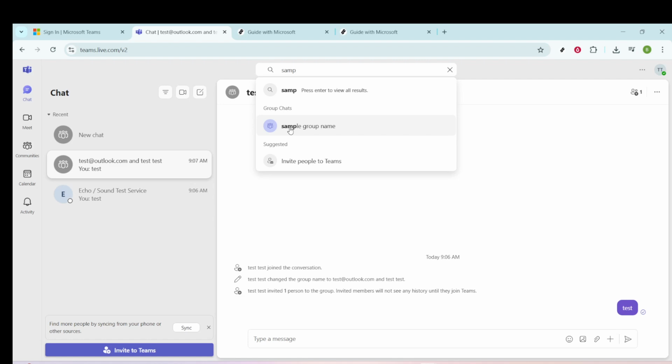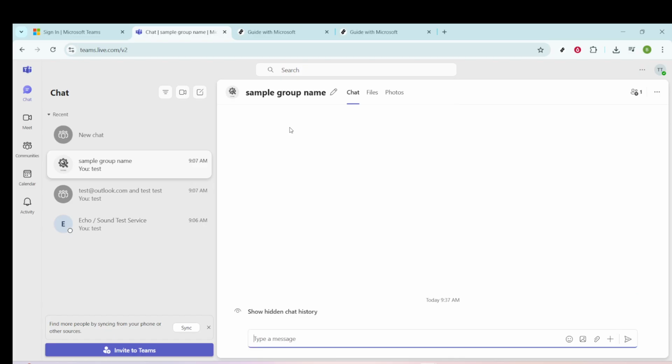Once you see the search results, you should notice the group appear with its name below the search bar, possibly among other results. Simply click on the correct group name from the list. This will navigate you into the group, thus confirming its existence and that it's indeed hidden and ready to be